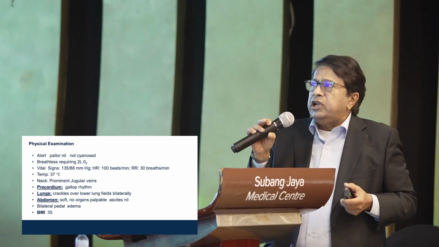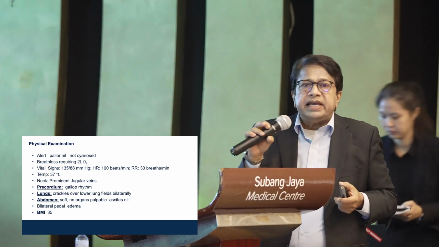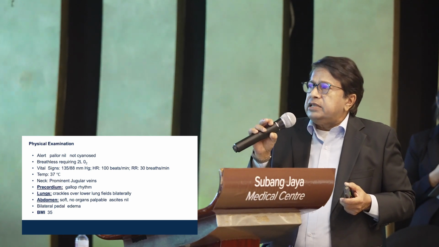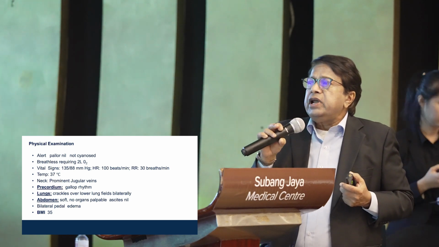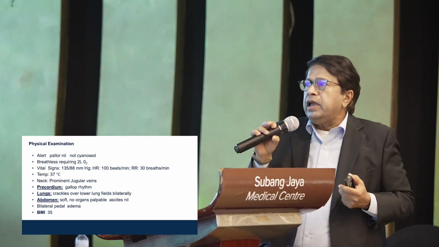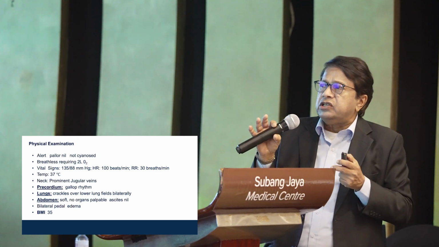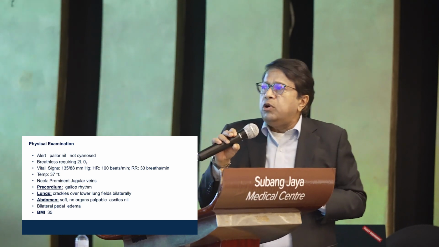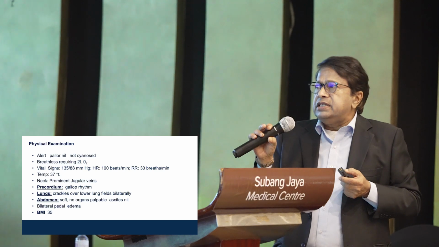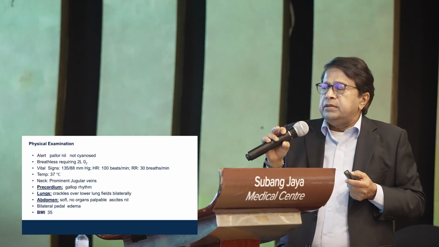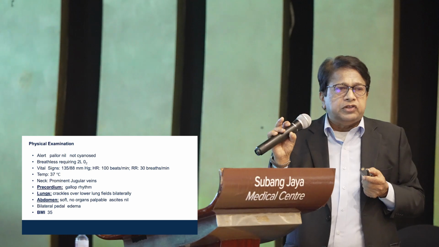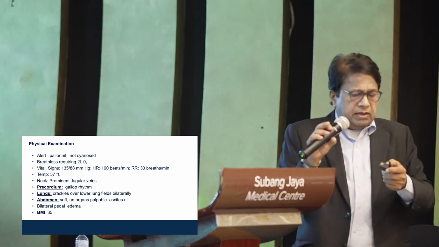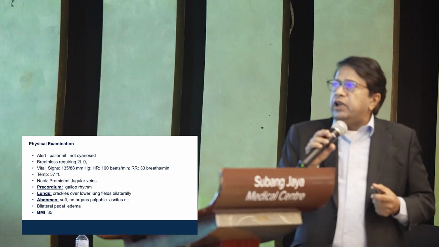His vital signs, his blood pressure is very good. His heart rate, he's a bit tachycardic. His respiratory rate is a bit fast. His temperature is 37, prominent neck veins. Precordium, he's got a gallop rhythm. Okay, always have a full examination of these type of patients. And he has lung crackles over the lower lungs bilaterally. Abdomen is soft, no organs felt, and no ascites. But he has got bilateral pleural effusion. So this gentleman has got features which suggest that he's in cardiac failure. All right? What are the things you would do for him?